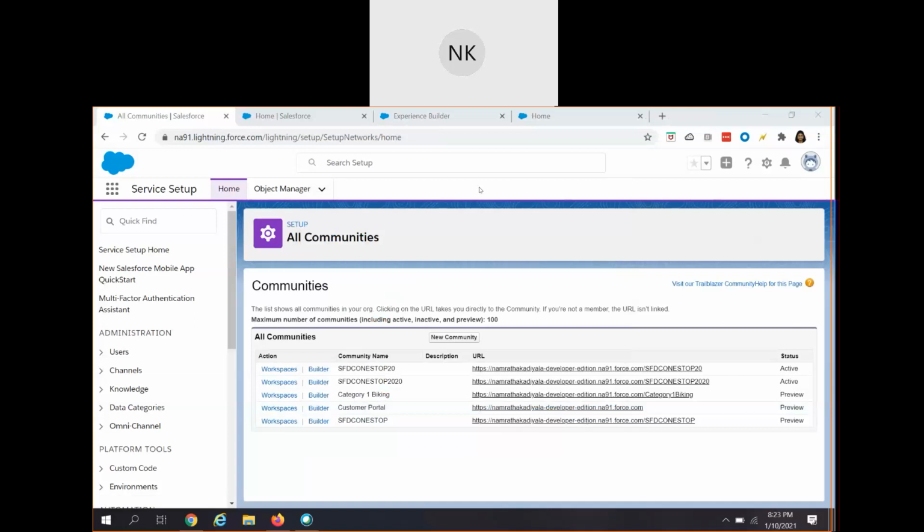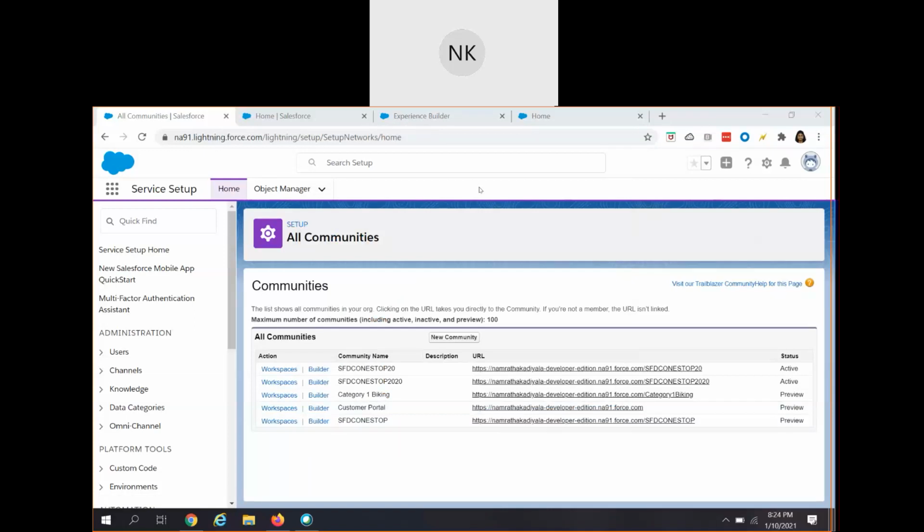Language selector allows guest community users to select their preferred language. Only the guest users on the public pages can view this language selector component. We can add this language selector component to multilingual communities so that we can let our guest users select their preferred languages on the public community pages.